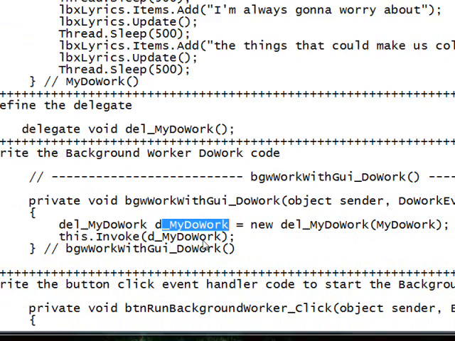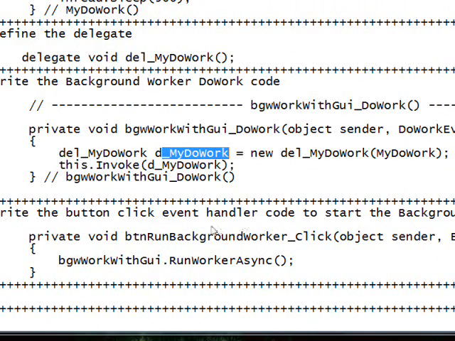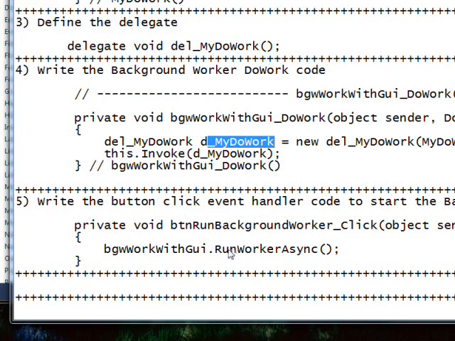And then we invoke this delegate, which allows us to run the function on the same thread as the GUI, whereas the do work is running on a different level. And finally, we write the button code itself, which does the run worker async and invokes the background worker,